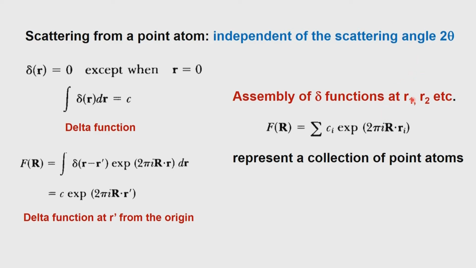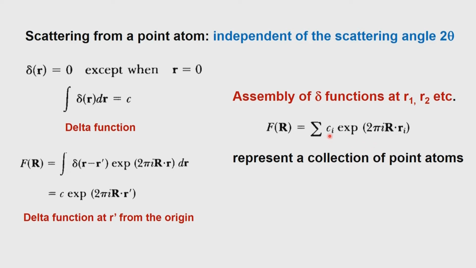Then now corresponding to each one of these points we have to add it up. The total f of r therefore will be a summation, and this summation will be over all the r1, r2, ri. So therefore it represents C of i. So C of i therefore is the total count of the electron density. So if there are let us say C10 N2 O5 H13, that kind of a molecule, and that there are 4 molecules in the unit cell, then C of i is the total number of electrons of the entire unit cell,